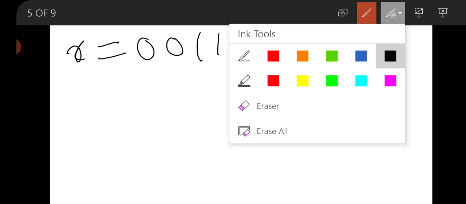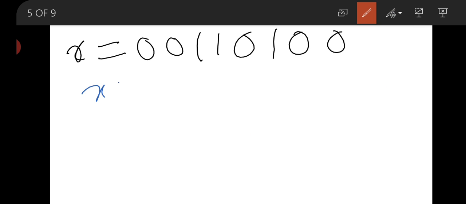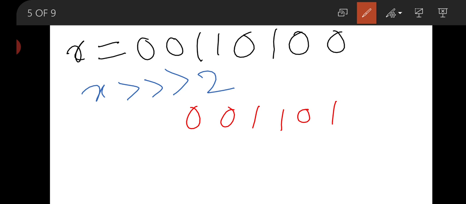Now if we are going to shift it right with two places, all the bits are shifted two places to the right, and there are two blanks on the left that will be filled with 0. Now shift the bits: 1 0 1 1 0 0. Now two 0s will be added on the left.